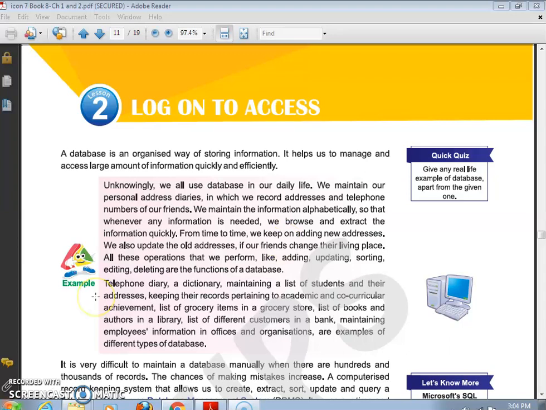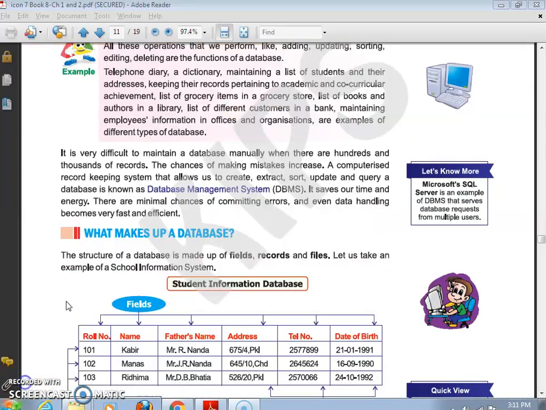Okay. We can perform operations like adding, updating, sorting, editing and deleting of the records on a database. It is very difficult to maintain a database manually when there are hundreds and thousands of records.